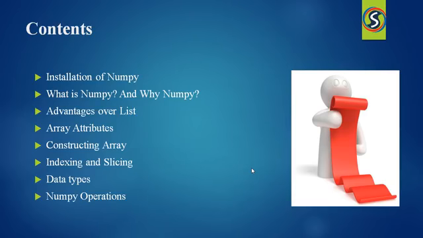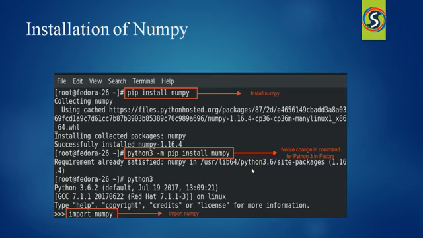Right, now let me explain the installation procedure of NumPy. If you want to install NumPy, just open your command prompt, and inside the command prompt just type pip install numpy and press enter. Then the NumPy library will be installed into your system. And if you are facing any difficulties installing the NumPy library, then use this code: python3 -m pip install numpy and press enter. Then the NumPy library will be installed in your system.